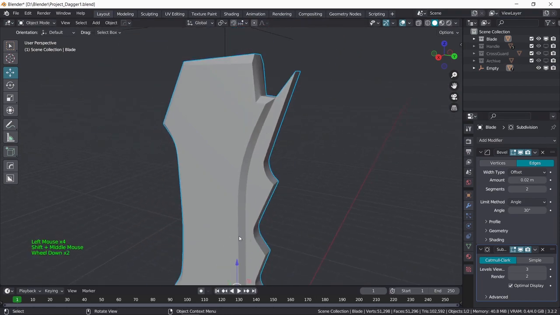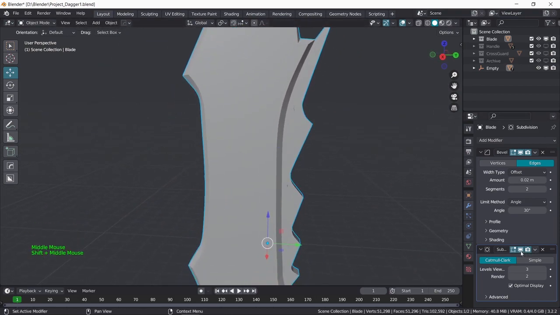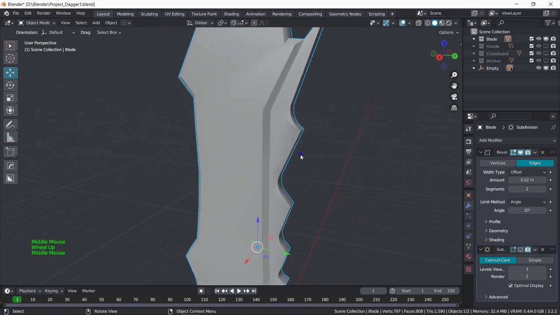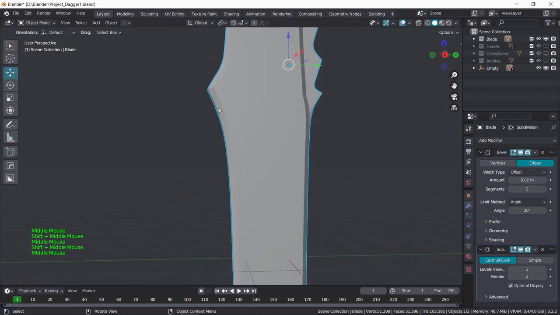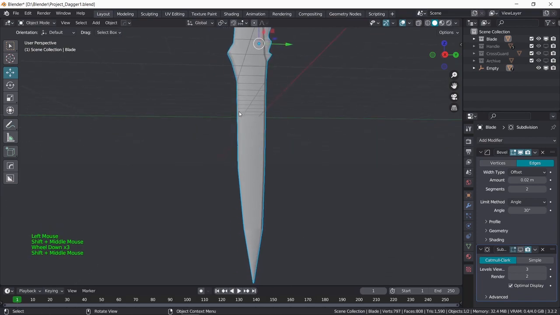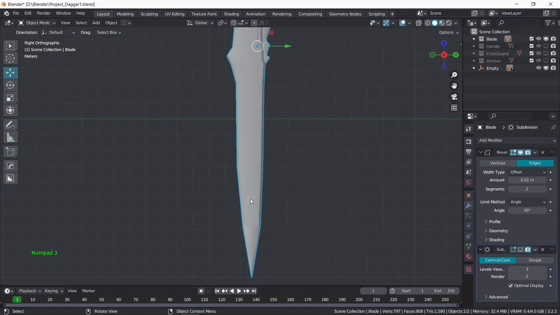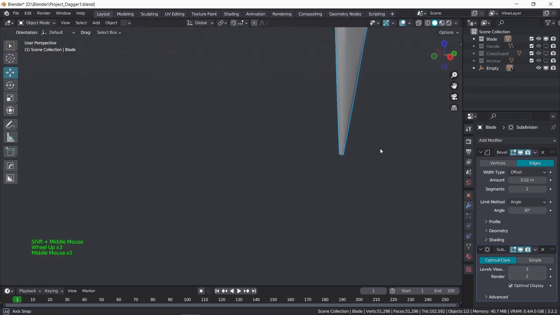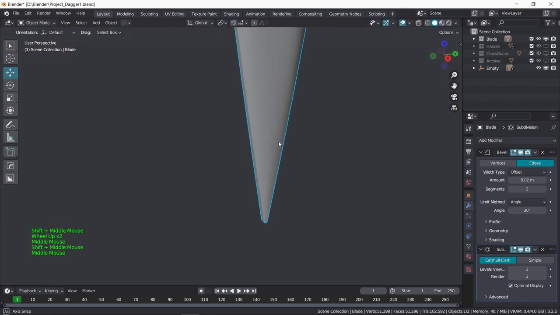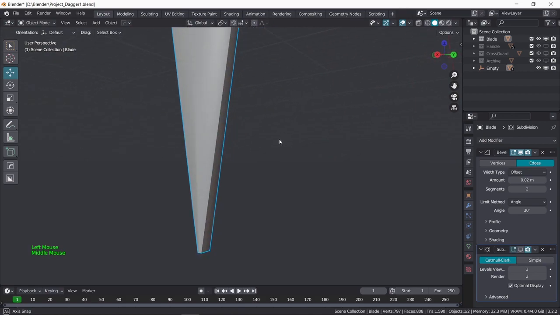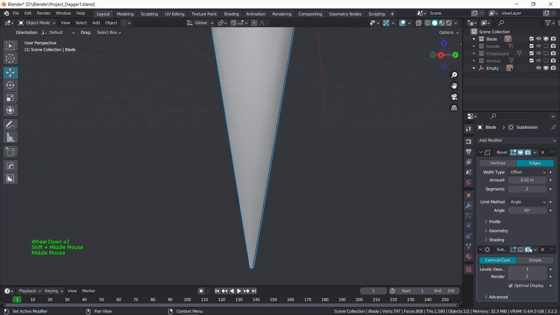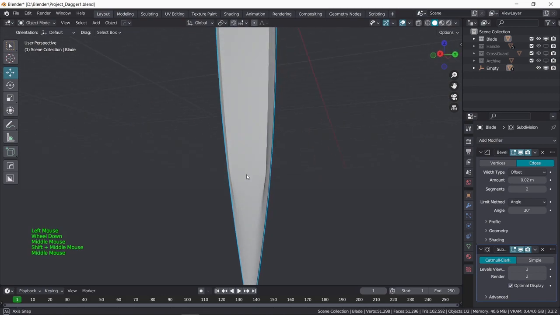Do you see it kind of rounds this out? You can see that if you turn it on, it kind of rounds this out, rounds all the edges and any imperfections that we may have had. As you see, maybe we didn't really like the look of this so much, and once we round it out, it kind of gives it a nice edge to it. And if we just turn it off, it's kind of sharp and harsh. So I think I'm going to keep it with the